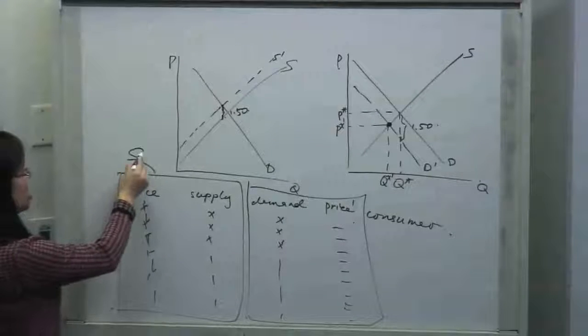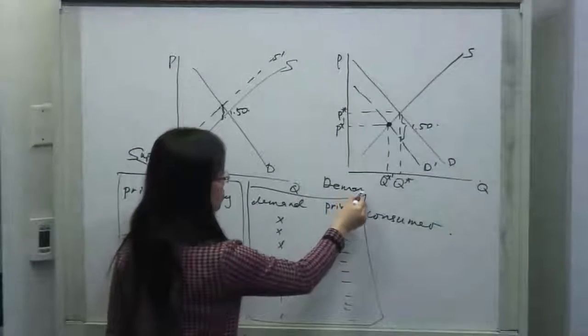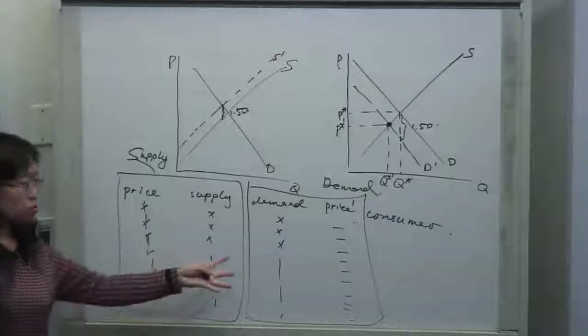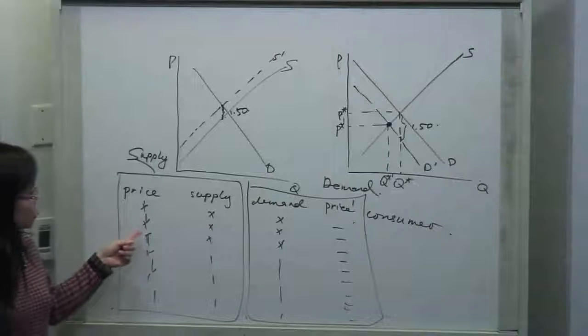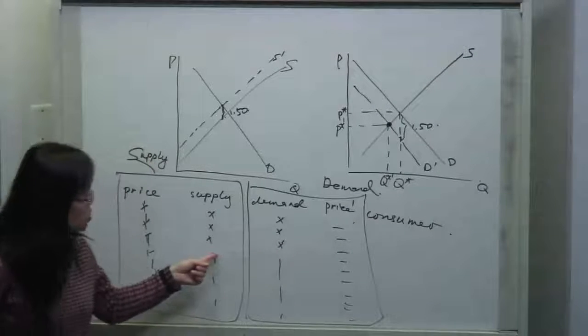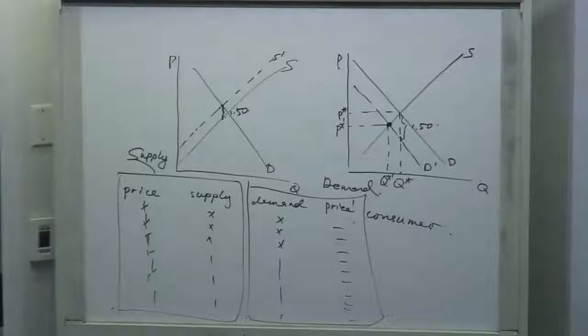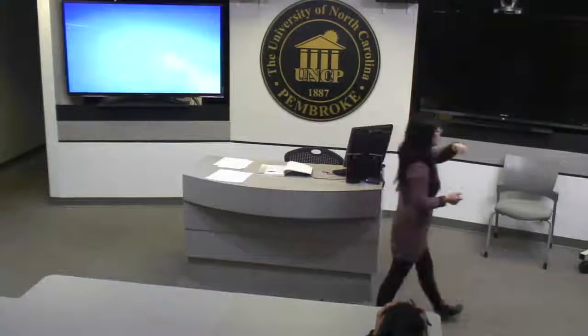You tell yourself this is the supply curve, and this is our new demand curve. Then you look at the two boxes and find which price will give you the same quantity demanded and quantity supplied. Is everybody clear? You guys definitely know how to do this, right? So I want you to go home and practice this. So after that,